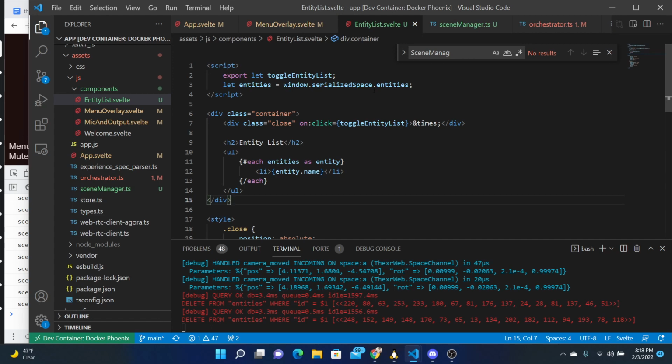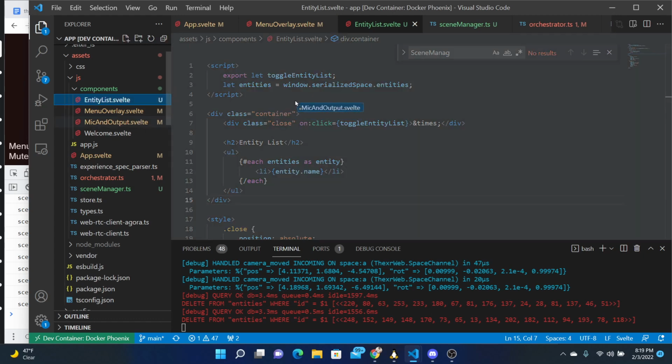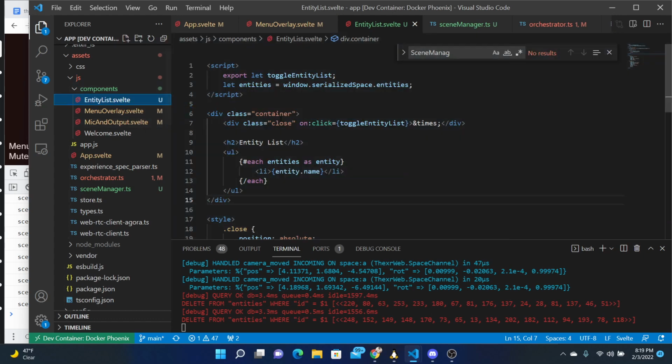Like what, for example? Like delete an entity, for example. So there's a bunch of ways to do it. The event bus